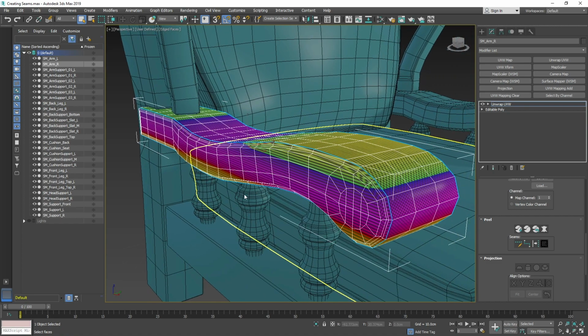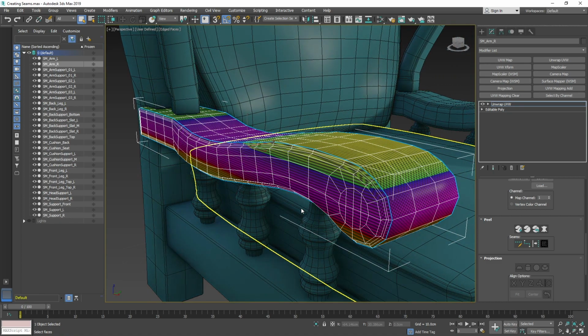If we then wanted to deselect some of the edges that we already have in order to create a different seam path, then all we need to do inside the Edit Seams mode is hold down the Alt key and click to deselect an edge. Or we could of course also marquee select with a click and drag, remembering to hold down the Alt key as we do so. Now that we have learned how to set up or create UV seams, we can practice